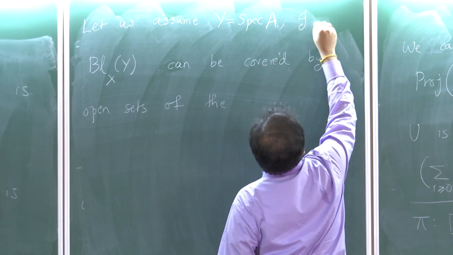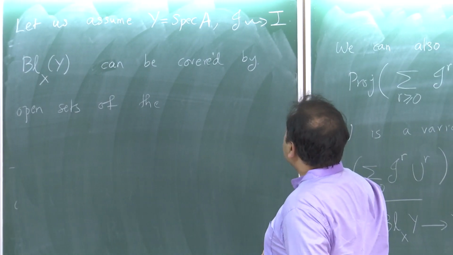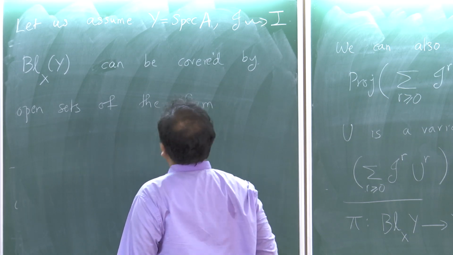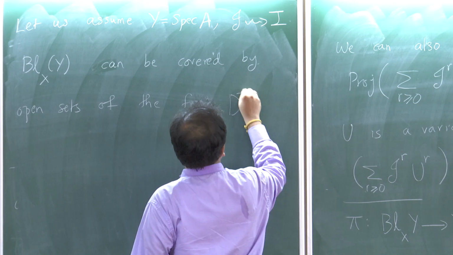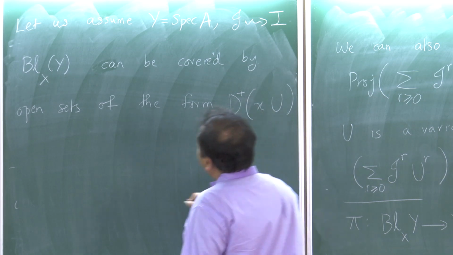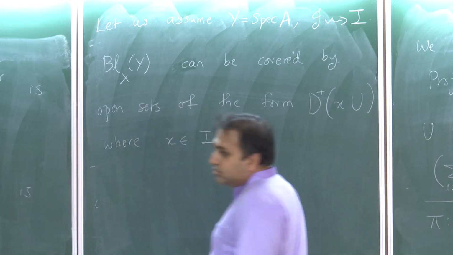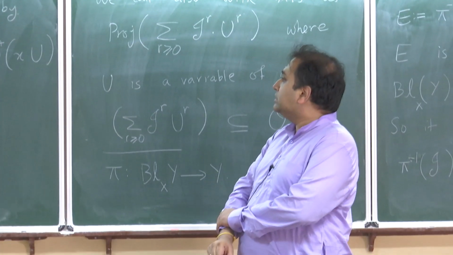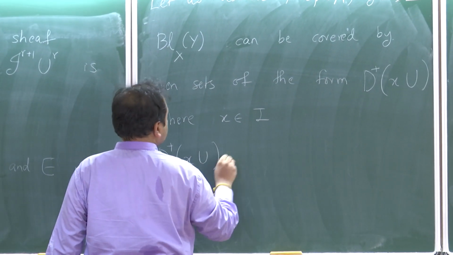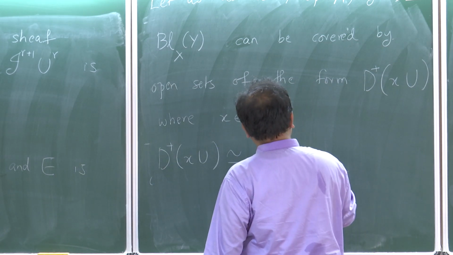And I corresponds to the ideal I. So this can be covered by open subsets of the form D plus of, say, xu, where x is in I. Okay, and so now the question is, D plus of xu, this is an affine scheme. This is isomorphic to spec of